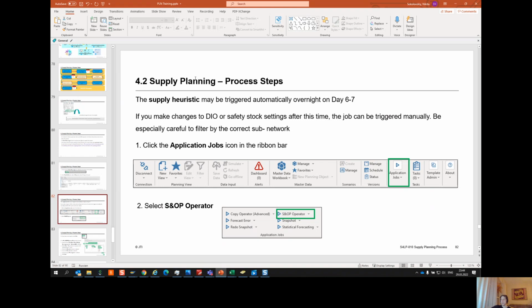And we have slides for heuristics. So again, not diving deep into the algorithms itself, just checking how they run this algorithm. So in the ribbon of IBP Excel Add-in, they click application jobs, then they choose this sales and operation review operator,